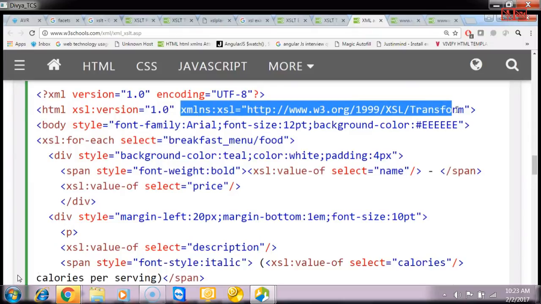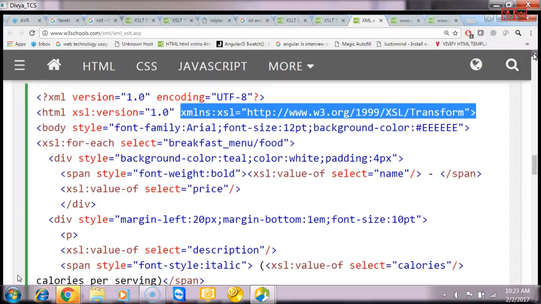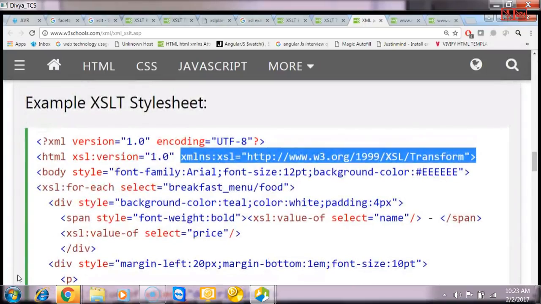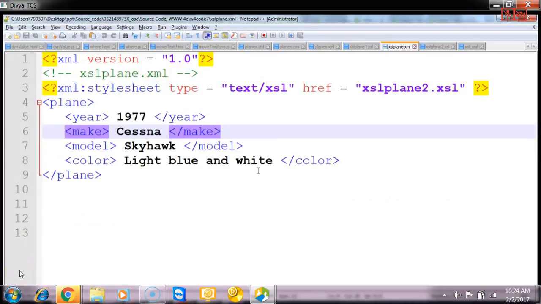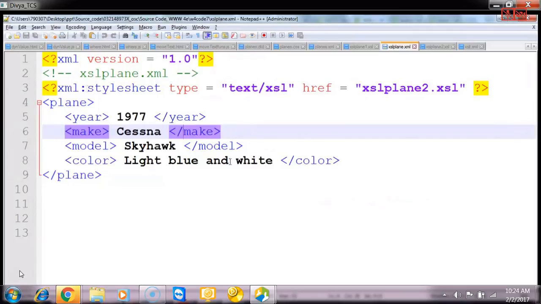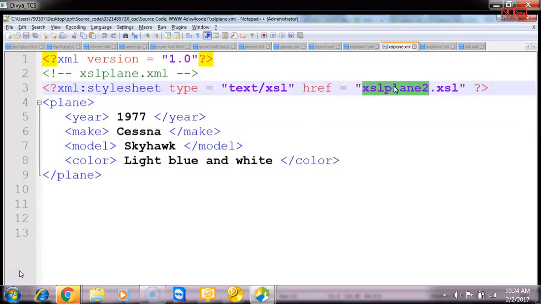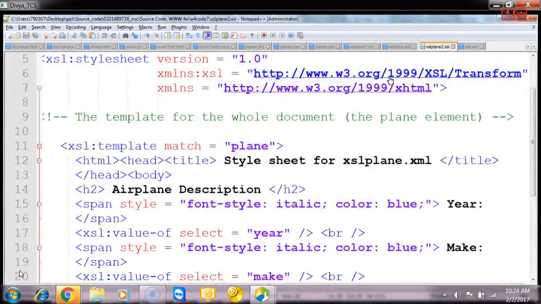This is your standard XSL which you have to include to transform your page. Because it's very simple information, you can apply the respective XSL. So how you write the structure is, you should start with an XML and define whatever content you have. Now using the external style sheet, you have to include whatever XSL you want to transform. So this is your thing. And inside this, you can write the